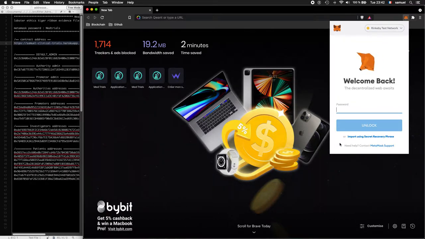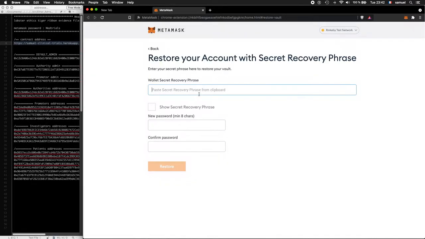So I need to click on import using secret recovery phrase, or if you already have an account, just click on password. If you want to use the account or the wallet that I have provided on my LinkedIn page or on my GitHub page, just go and copy the mnemonic, the wallet secret recovery phrase that I have provided.